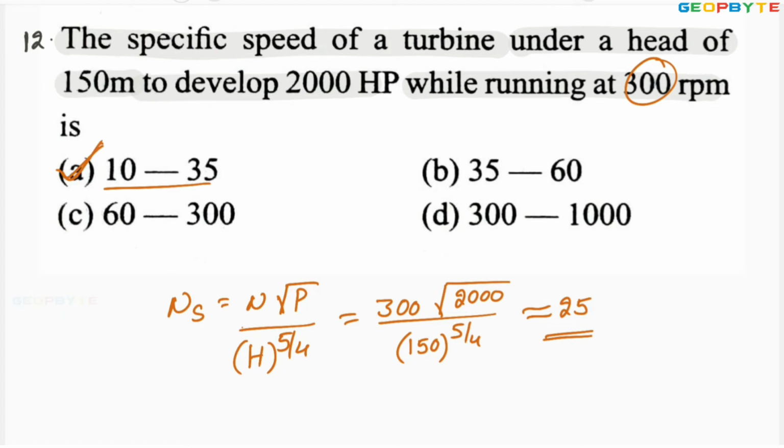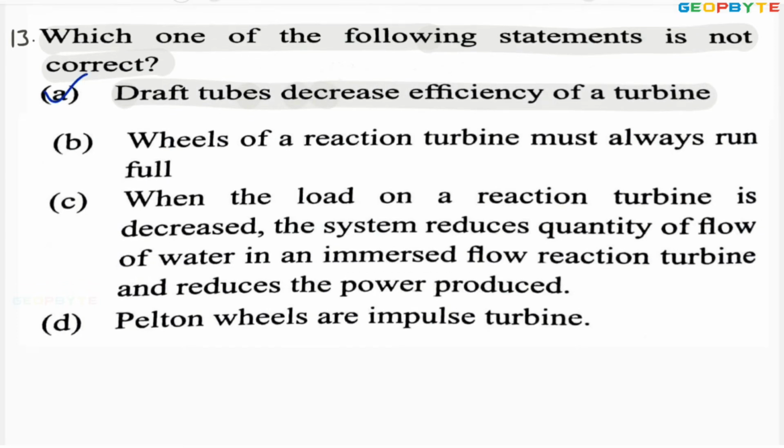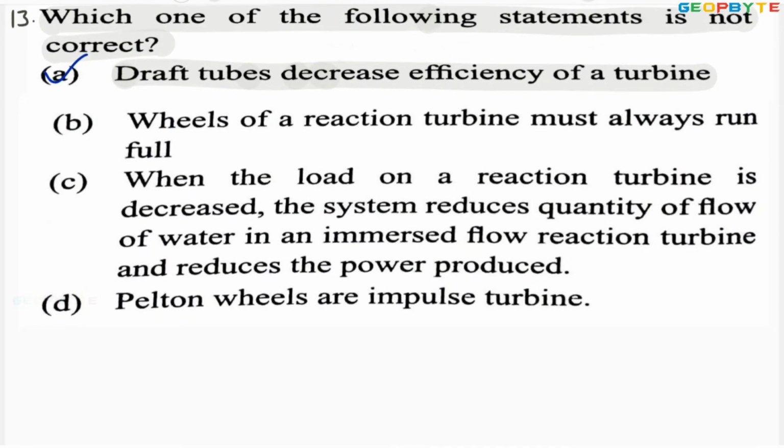Let us take one more problem. Look at the 13th problem. Which one of the following statements is not correct? Means 3 statements might be given correct and 1 statement might be given for wrong. That wrong statement you are asked to identify. Look at the first statement. Draft tube decreases the efficiency of turbine. No, in fact draft tube is increasing the efficiency of the turbine, because by making use of the draft tube you